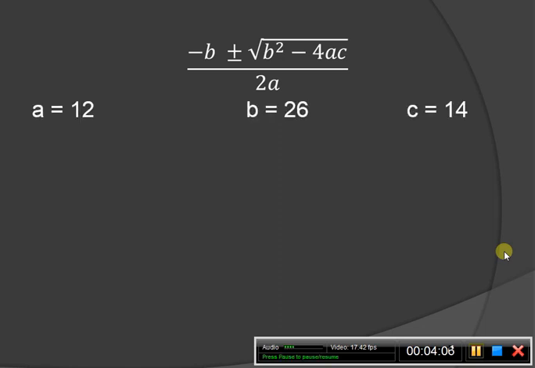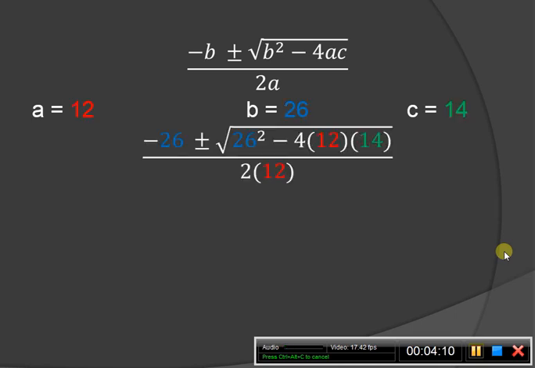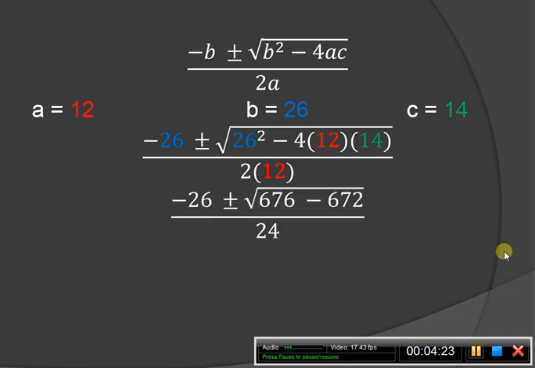Our a value is equal to 12, b is equal to 26 and c is equal to 14. We now sub in these values and we get minus 26 plus or minus the square root of 26 squared minus 4 by 12 by 14, all divided by 2 by 12. When we sub in these values we get minus 26 plus or minus the square root of 676 minus 672